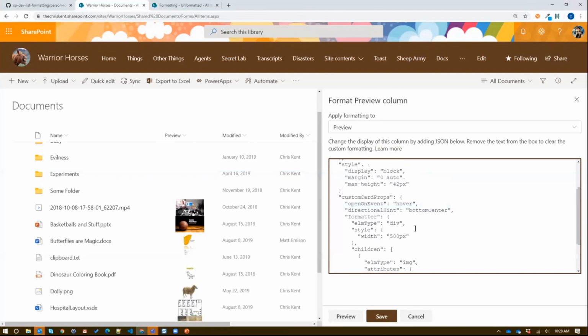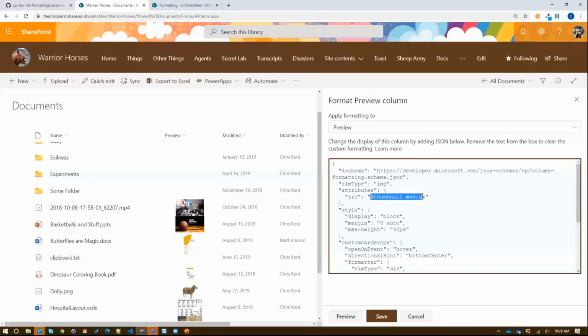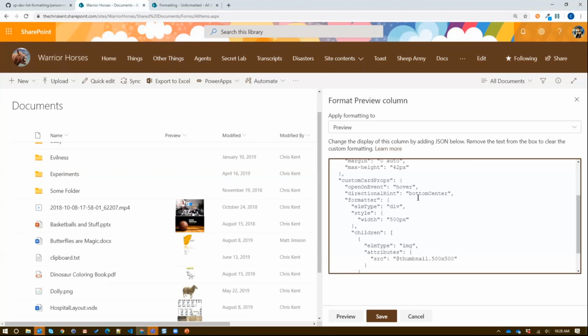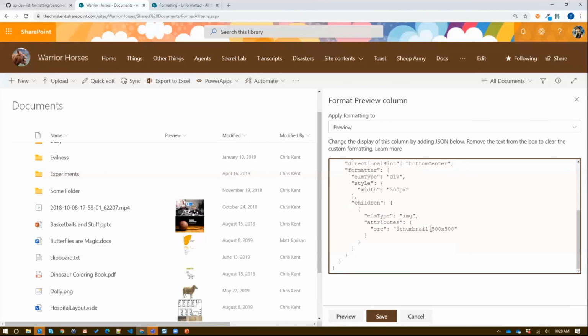All right. So you'll notice up here we're using our keyword @thumbnail_medium, and we could certainly do an @thumbnail_large. But one of the things it also allows you to do is you can specify maximum sizes, maximum widths and heights. So I'm saying, give me a 500 by 500 image, right, or up to. It's not going to distort it. And put that inside a div that's already 500 pixels, because again, that way it positions correctly. So if we preview that,